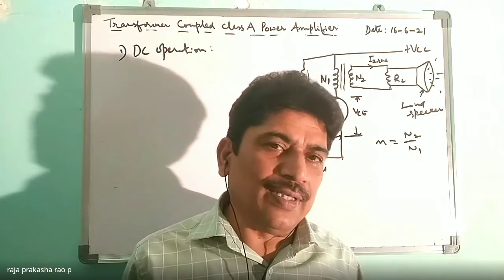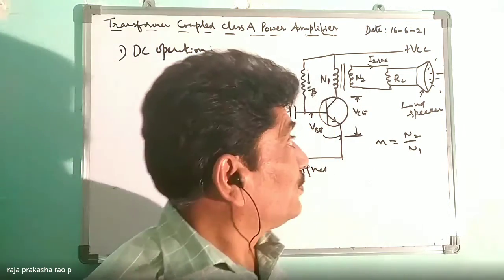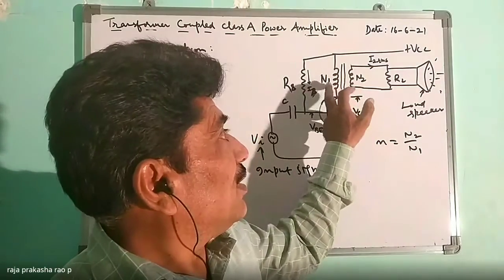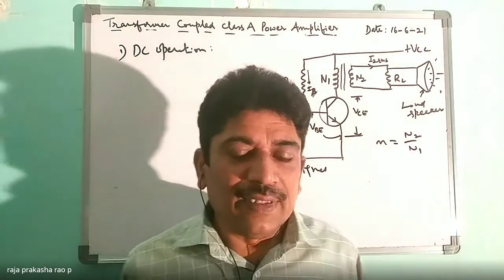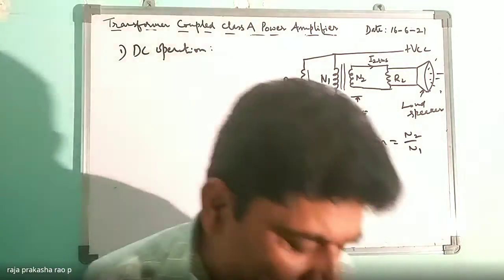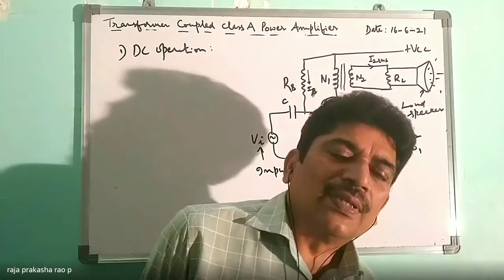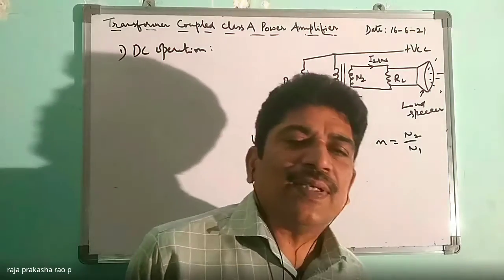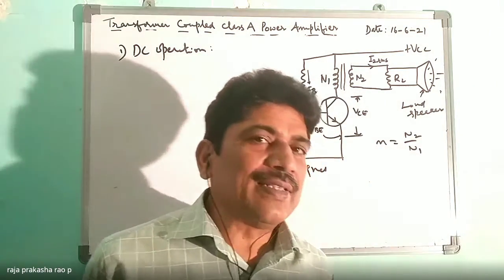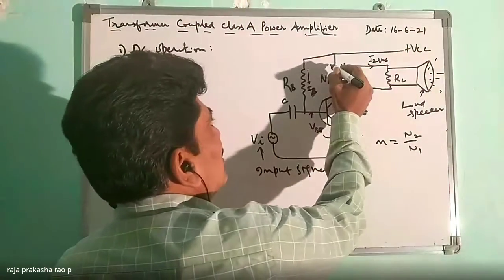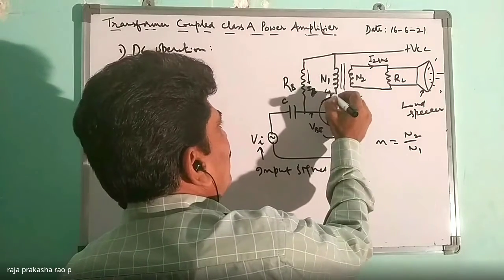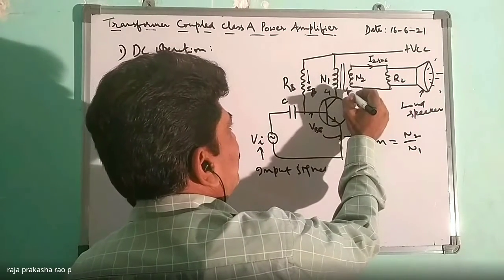So how to find out that DC load line? What is the resistance of this? In the case of that primary, is there any resistance in that? What is the impedance of that? If L1 is the inductance of this primary, L1 and this is L2, let us say.